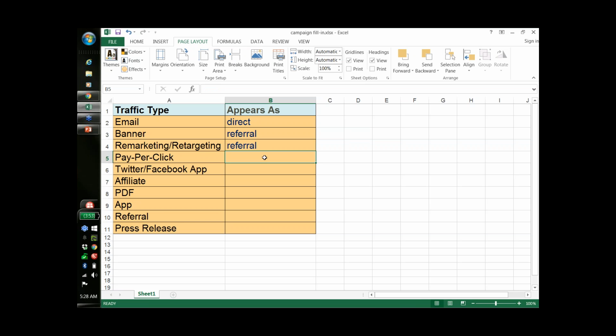Pay-per-click would show up by default as organic. The only thing that Google Analytics would know is that it matches its list of organic search referrals. So pay-per-click traffic would show up by default as organic. As a note, and I think that I